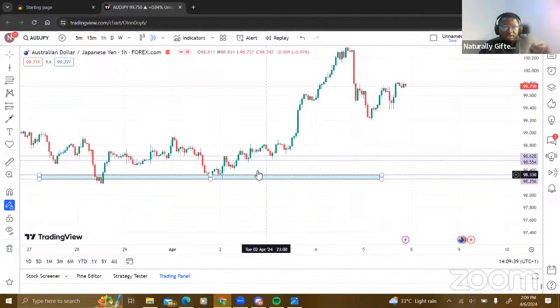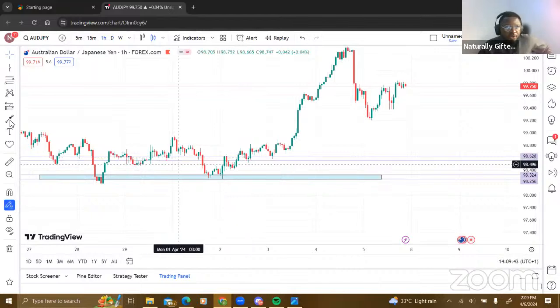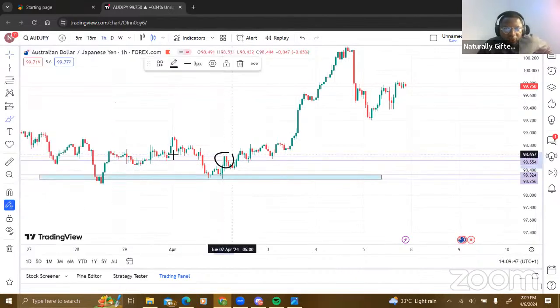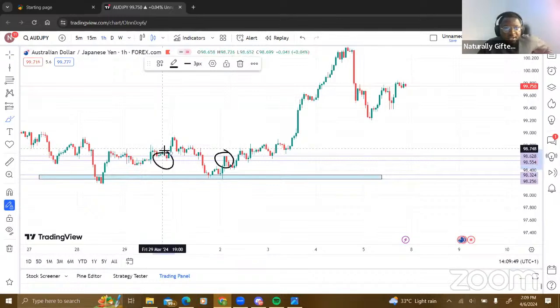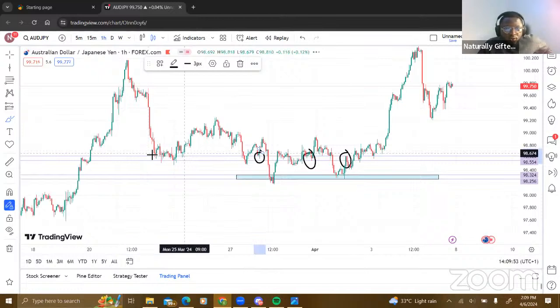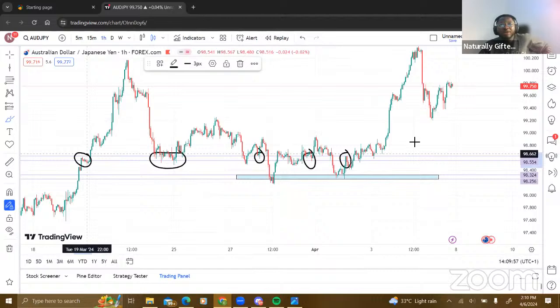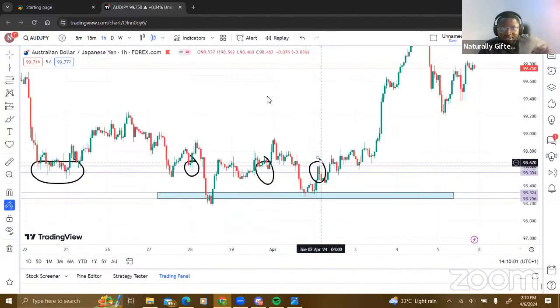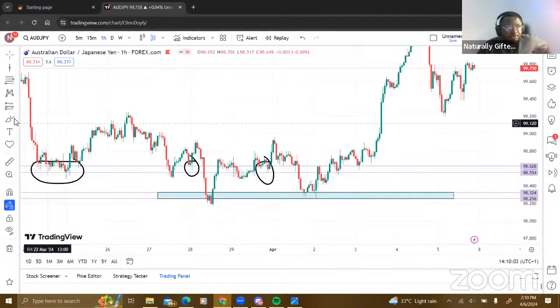You'd have considered this one here because this is a reversal. Price moved all the way to this point, reversed. And guess what? Not only is it a reversal here, it's a resistance zone here. There was a support zone here, right? So that would have validated that there was a support zone here and a resistance zone here. All this would have validated that that place is a zone. So let's even use that one.